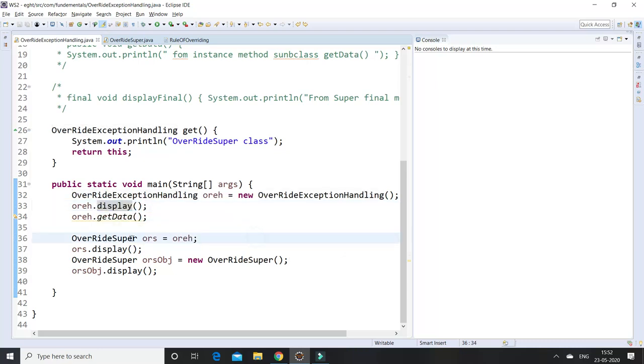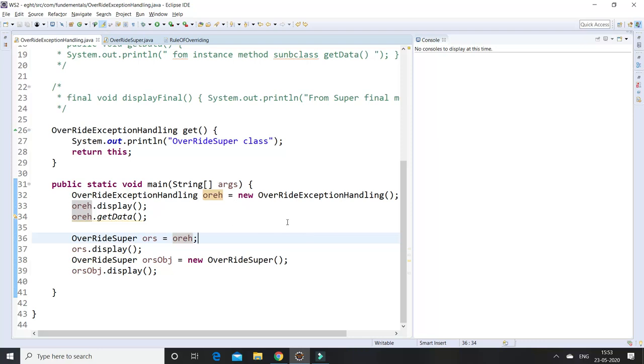Similarly, I am creating a superclass reference and assigning a subclass object to it. Here I am also creating the superclass object and calling the particular method. So here are two ways I am accessing the subclass method.